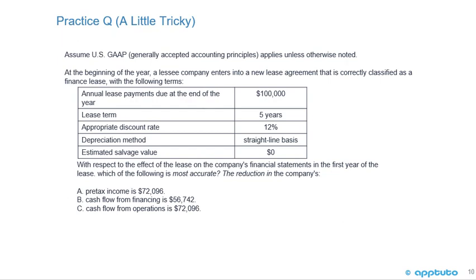The depreciation method is straight line basis, and the salvage value is 0. With respect to the effect of the lease on the company's financial statements in the first year of the lease, which of the following is most accurate? The reduction in the company's pre-tax income is $72,096. Cash flow from financing is $56,742, or the cash flow from operations is